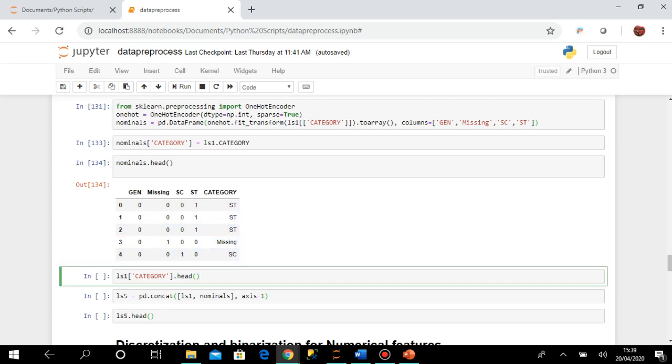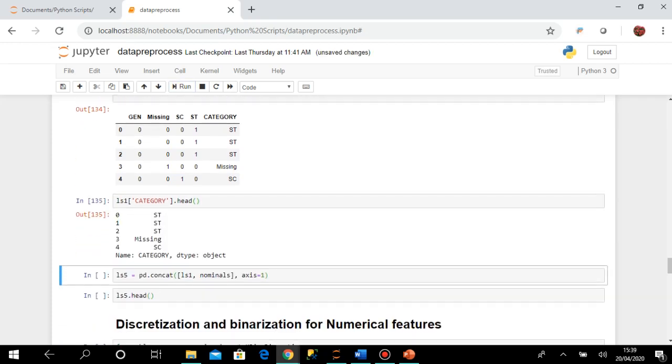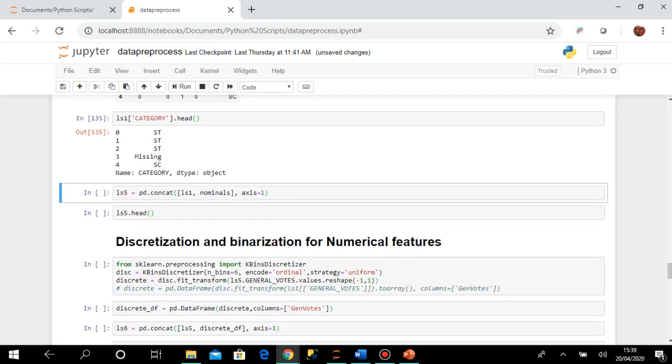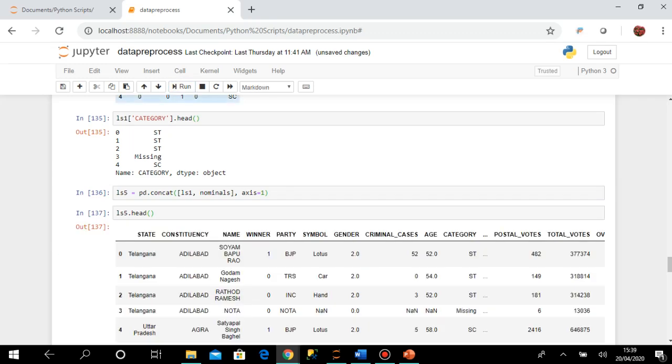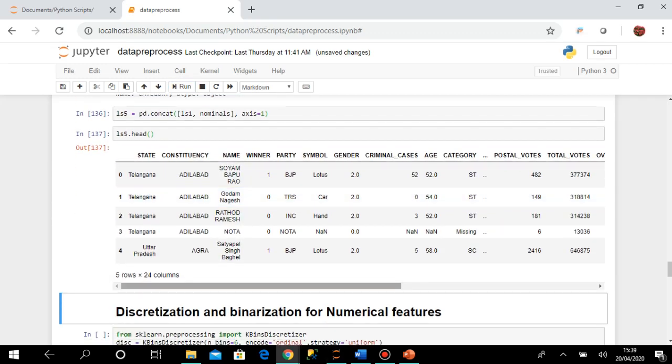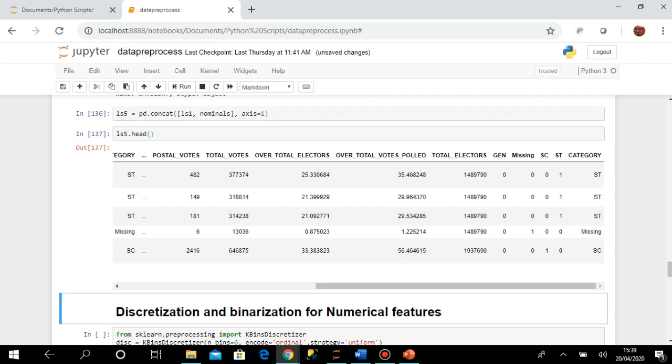Okay, so now if you check the data, these are the 5 categories of data, and I am concatenating these nominals with ls1 with my actual record set. So now the concatenation is done, and if you print the records, you can see that with the original data set these 5 columns are also added.